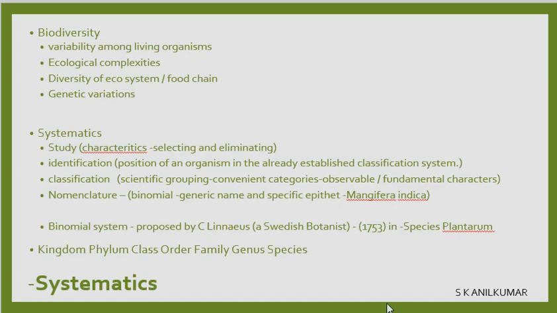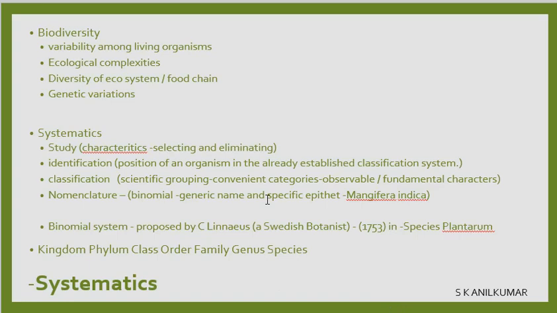The ecological complexities, because different living organisms are different in hundreds of ways. The ecology in which they live, the habitat, is different. The way they give and take from the ecology is different. The food chain is different. The food web is different. There are genetic variations inside the organism, and the way they reproduce is different. After reproduction, what happens to the next generation and what characteristics they have is different. So this is biodiversity, hundreds of thousands of ways in which we can learn about each and every organism. And how many species do we have? Not just hundreds or thousands, but more.